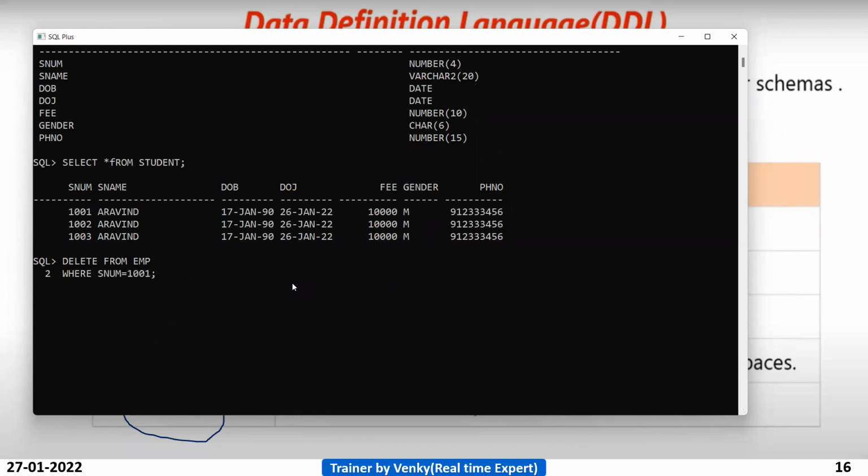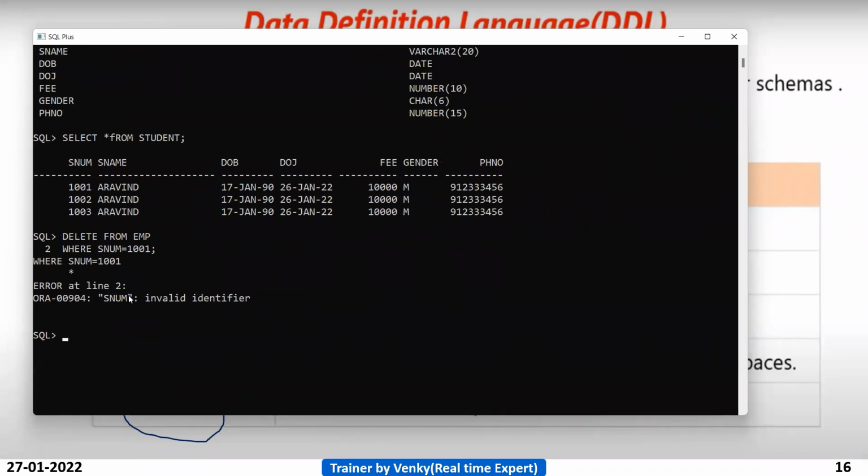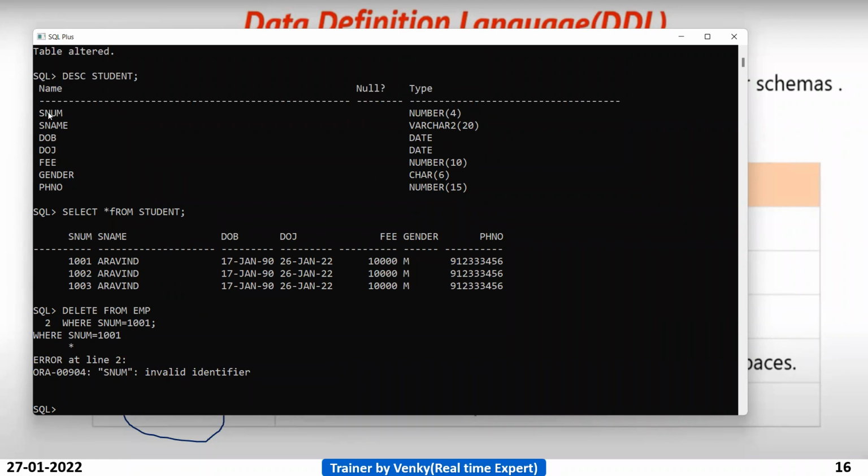What I am doing here is deleting the 1001 record or row. In real time we call it a record. The table name is student, not EMP, sorry.